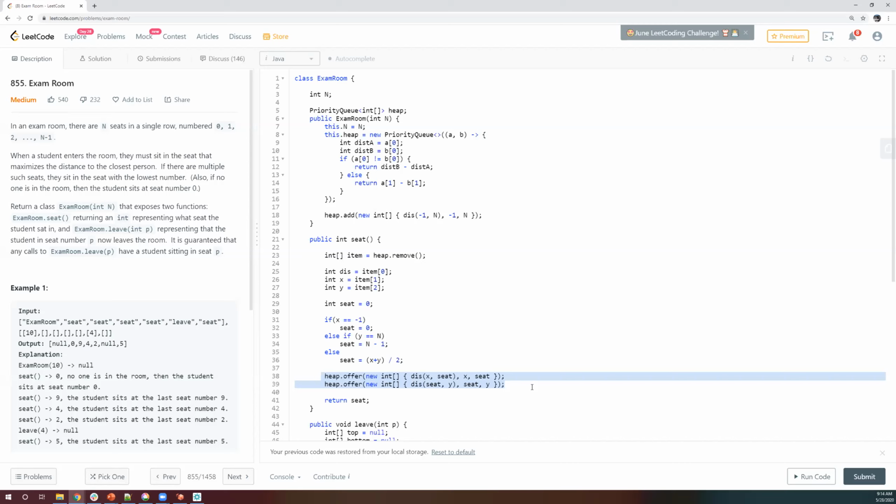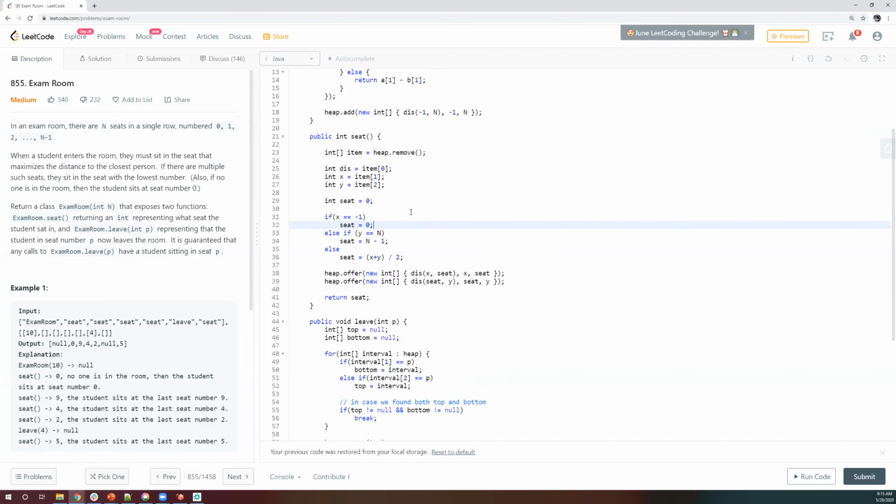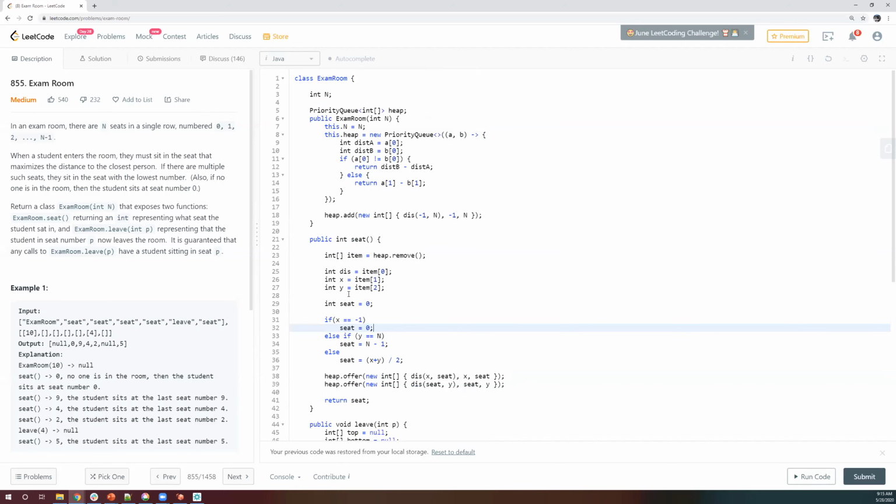So I was trying with just one insertion, but then when I found it has to be done with two, it worked out for me. Yeah. And then I was telling you the basic conditions here. Basically, we'll start with the heap. We'll put a -1 and n. This would be our starting thing.